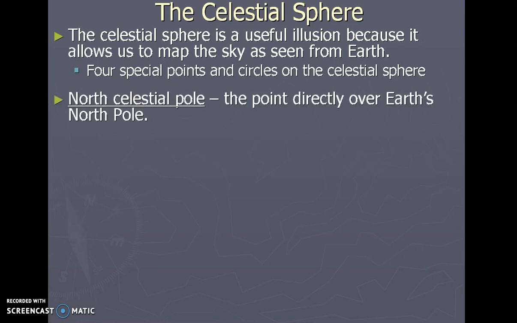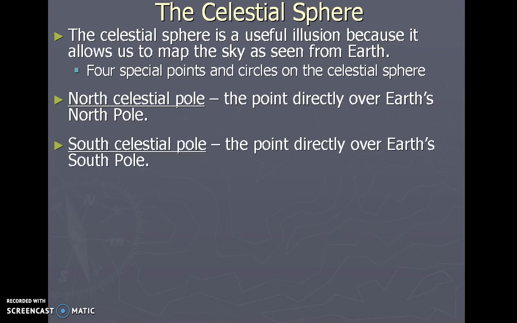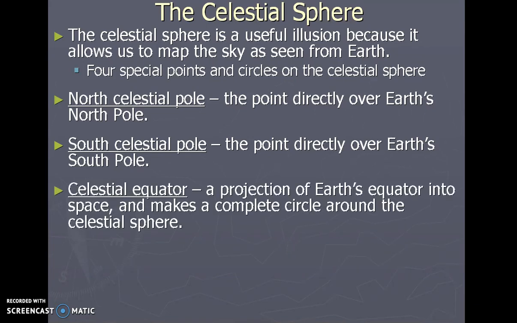For example, the North Celestial Pole, and that's the point directly over Earth's North Pole. It's right where the star Polaris is. Then there's the South Celestial Pole. That's the point directly over Earth's South Pole. That's where the Southern Cross is. There's the Celestial Equator, which is a projection of Earth's equator onto space and makes a complete circle around the